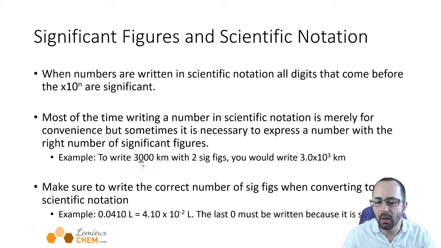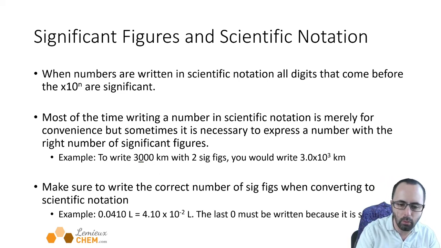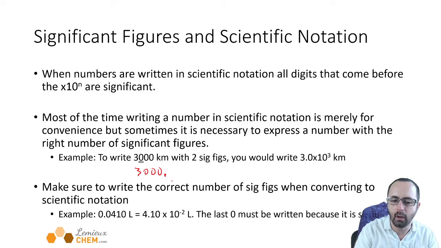However, if we wanted to write 3,000 kilometers with 2 sig figs, there would be no way to actually write it with 2 sig figs, because this 0 does not look like it's significant because there's no decimal point. However, if we put a decimal point, if we wrote it instead like this, 3,000, and we put a decimal point here,